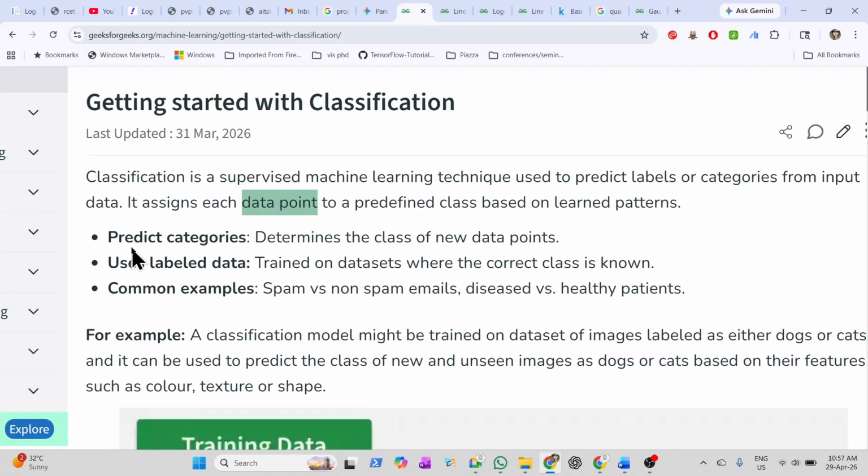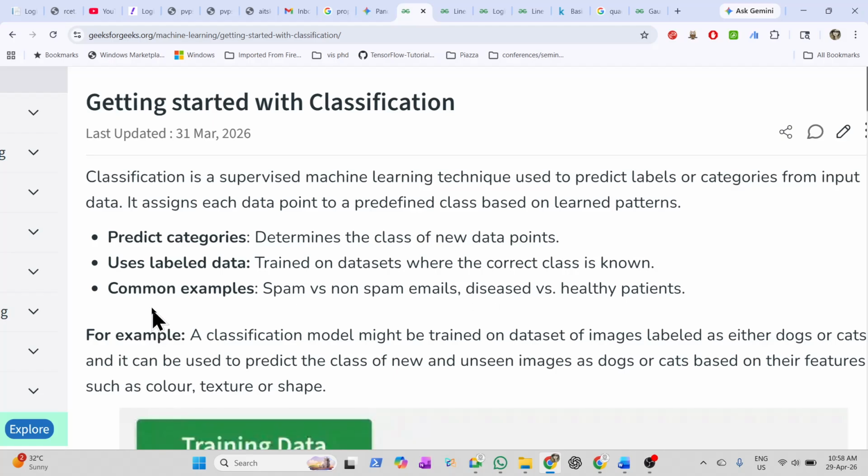Moving on to the different concepts in classification, it predicts the categories. First main important concept of classification is that it predicts the category and it determines the class of new data points. Second one is it uses labeled data. So it is trained on data sets where the correct class is known. You have a data set in which you have input as well as output. Input are the features, output is the